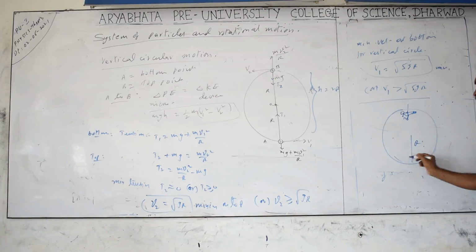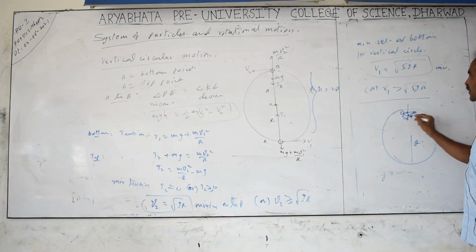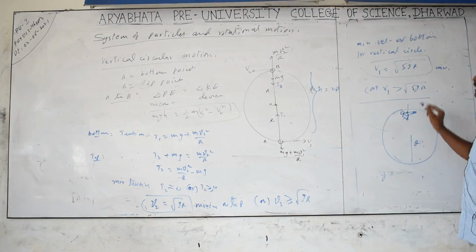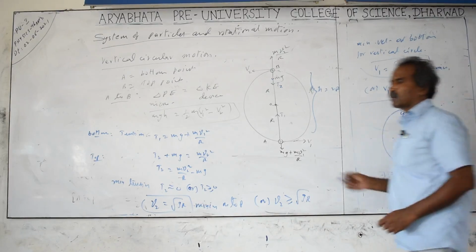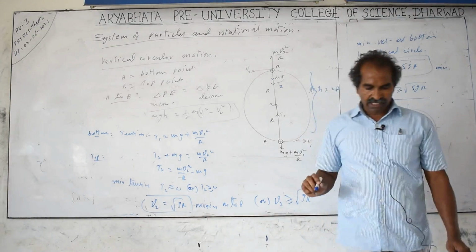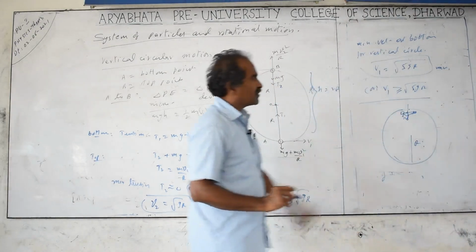With sufficient velocity at the bottom, it will complete the vertical circular motion. At the topmost point, it won't fall down if it has sufficient velocity at the bottom, root of 5gR, and at the topmost point, root of gR, neglecting friction. But if friction is there, some energy loss will be there, so the velocity should be more than this. The minimum condition is equal to this; otherwise, it should be more. Same thing, an aeroplane also completes the vertical circular motion. At the topmost point, it is not falling, meaning the velocity required at the lowest point should be root of 5gR.